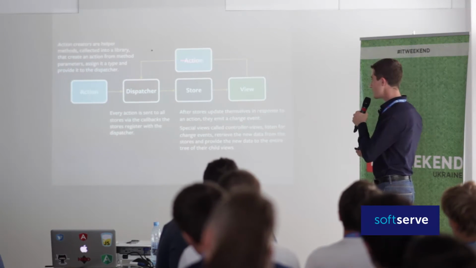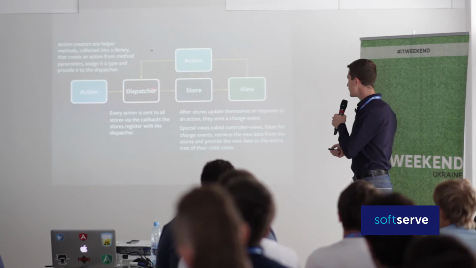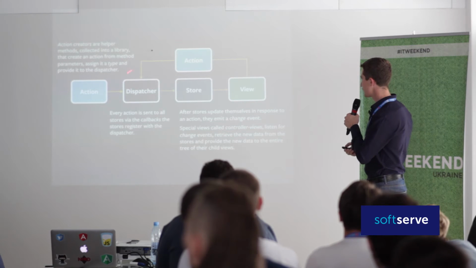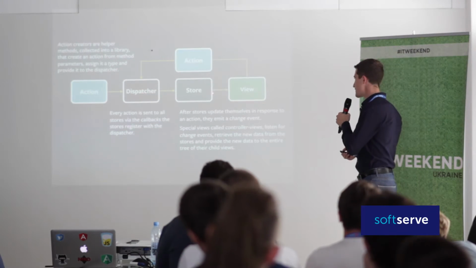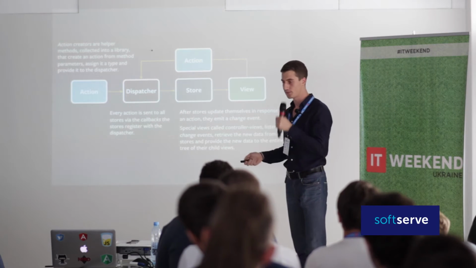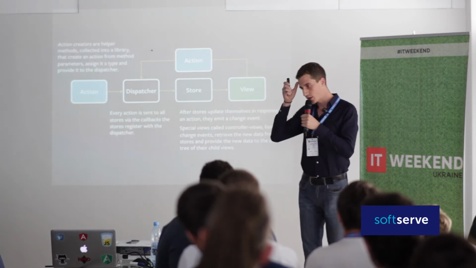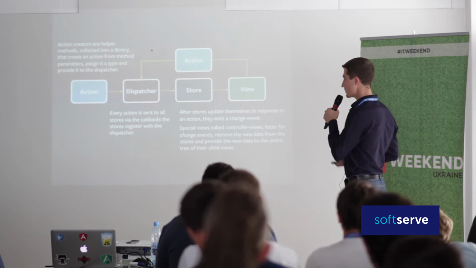And the interesting thing in the Flux architectural pattern is that we have this unidirectional data flow. See how from the view we are going to the action, after that dispatcher, store, and view again. We don't have all these floating arrows anywhere. And describing Flux is out of the scope of the presentation. However, I'll definitely recommend you to take a look at it.